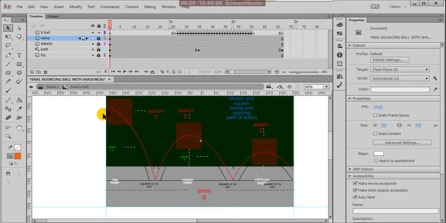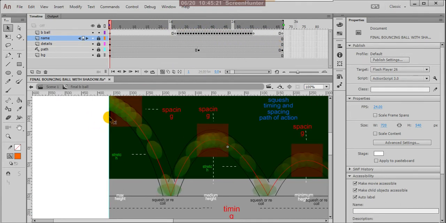Here the ball positions are very slow. Suppose you switch on the onion skin. So this is the onion skin. If you observe here, the ball positions are very slow. See 1, 2, 3, 4, 5, up to these 5 balls are very slow.